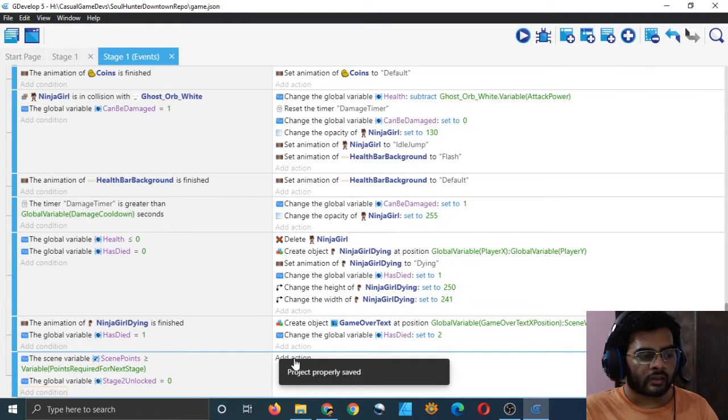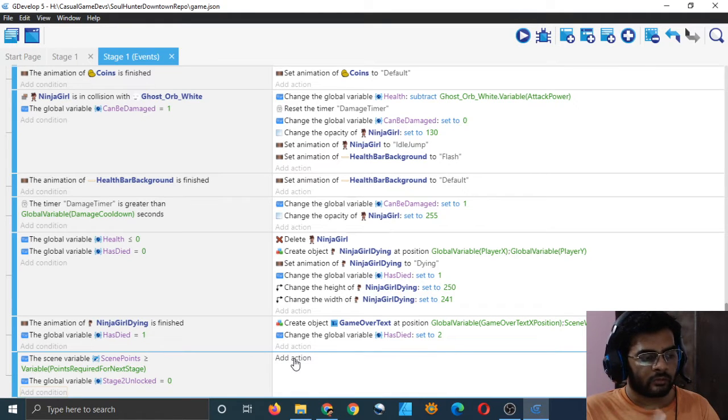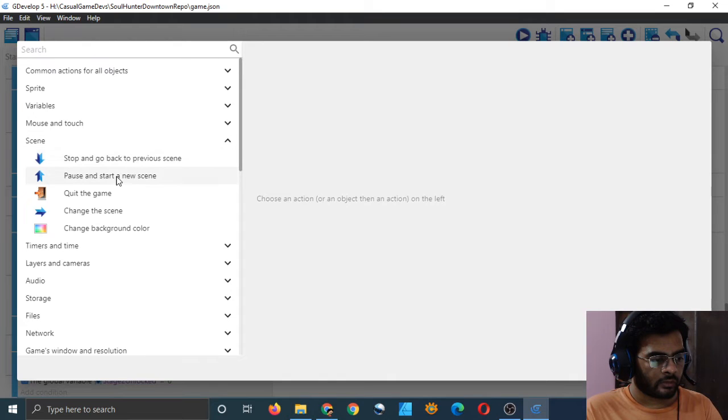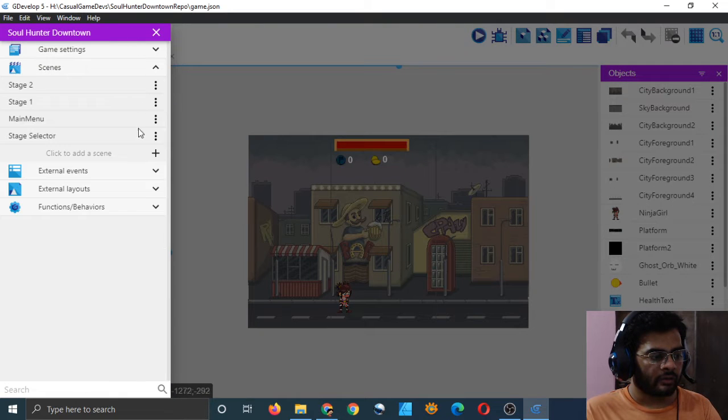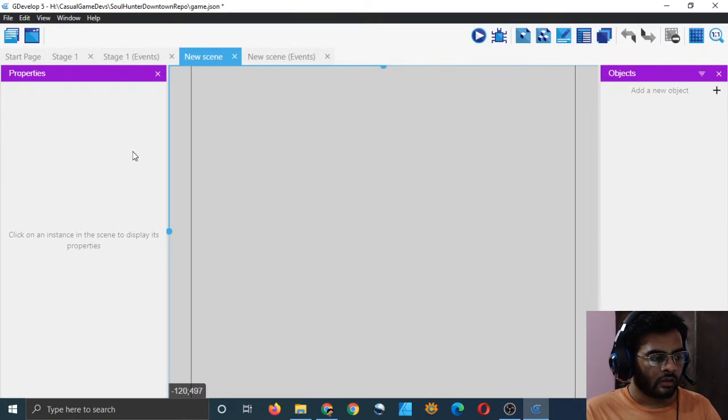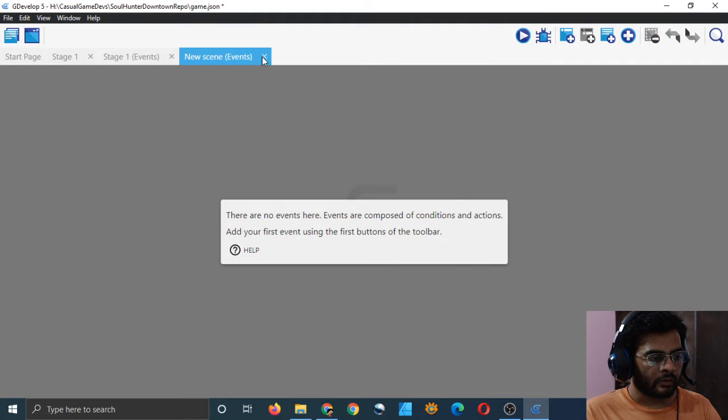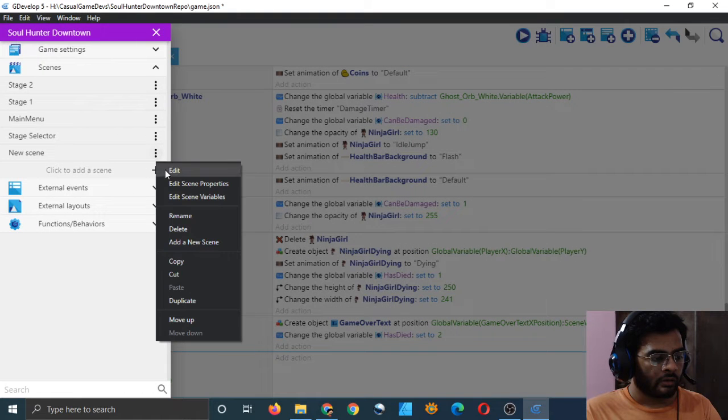When we pause the scene, we will have to jump to some other scene, because that is a compulsion in Redevelop. Because when you are going to pause a scene, you have to start a new scene also at the same time. You can't just pause the scene and stay there, right? So we have to create a new scene to display that message. So just go to your project manager and create a new scene and close it. First we will rename it.